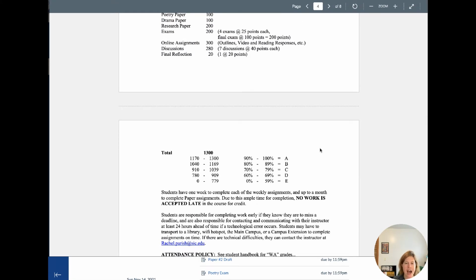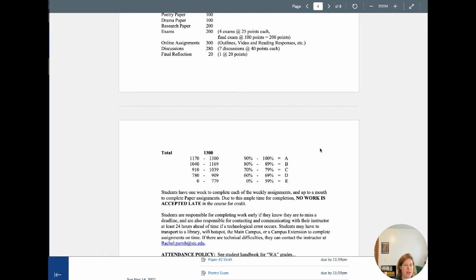With that being said, though, I have a very strict deadline policy. I am a stickler for one thing, and that is turning work in on time. If it were a job, you've got to do stuff to a deadline. You can't go past it unless there's extenuating circumstances. So you have at least 1 week to do all of the assignments. And for your papers, you have 2 to 3 weeks. And I open stuff up a week ahead. So you technically have 2 weeks to do all of these assignments.